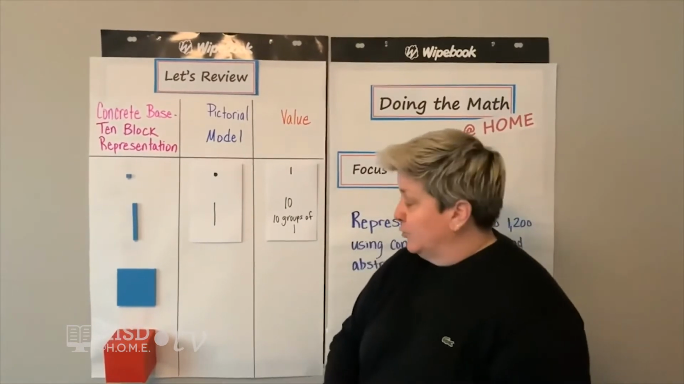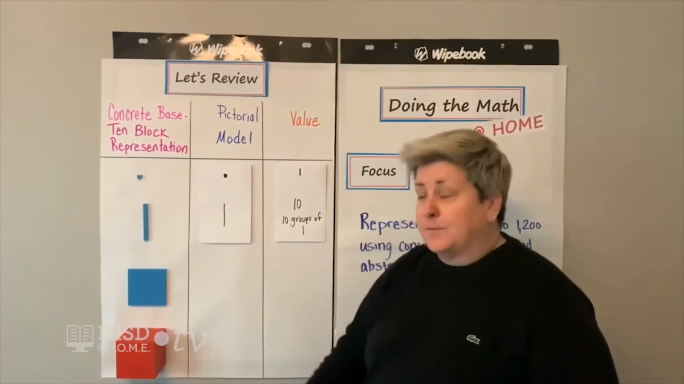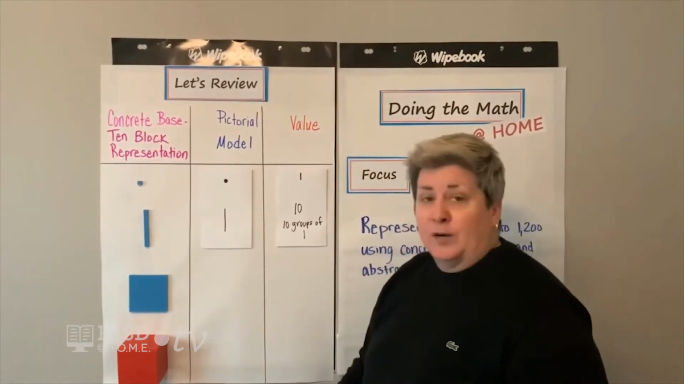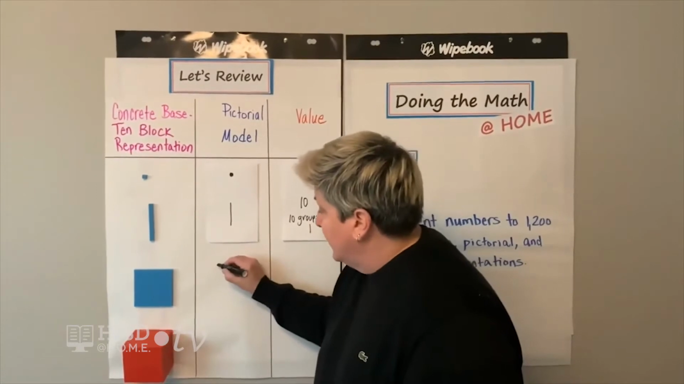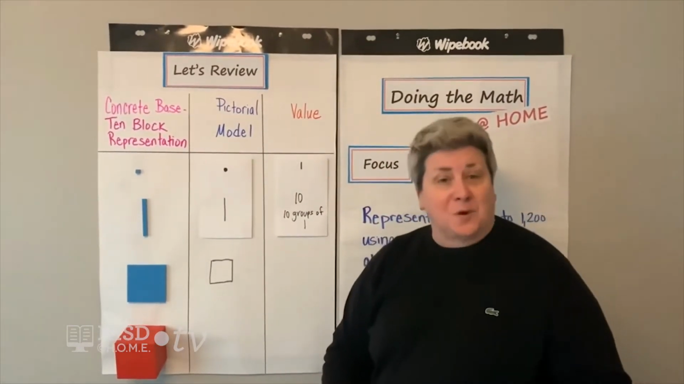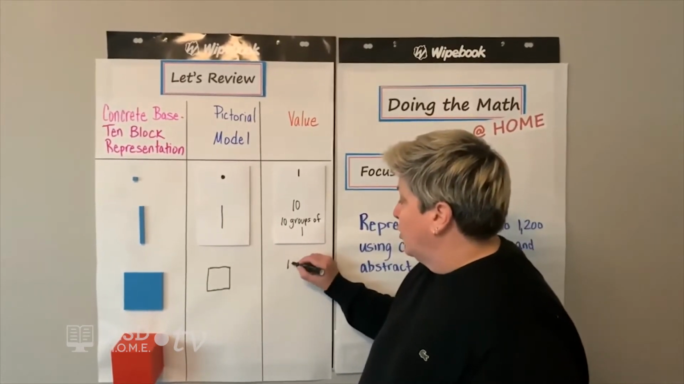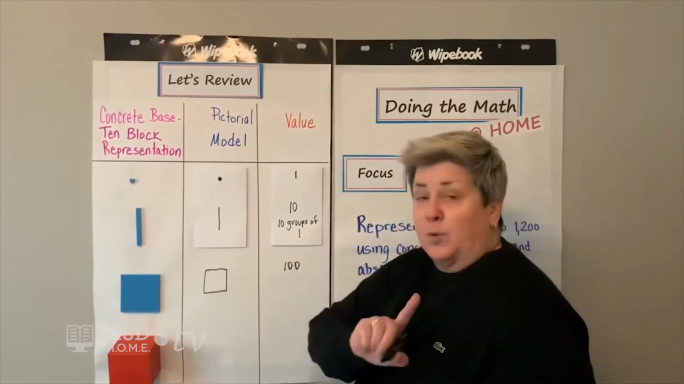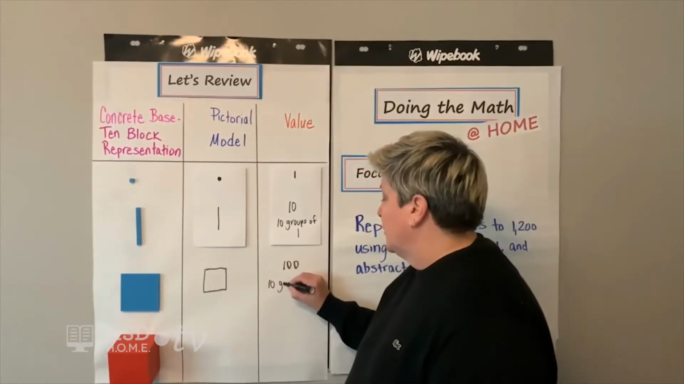Our third block that we're going to use today is our flat. And our flat is a square. It's composed of 100 units or 10 groups of 10. And we use a square as our pictorial model to represent a value of 100. And we know that its value is 100, but we also know that it contains 10 groups